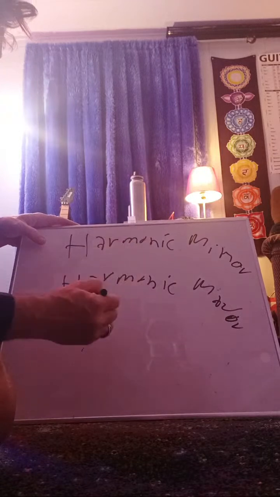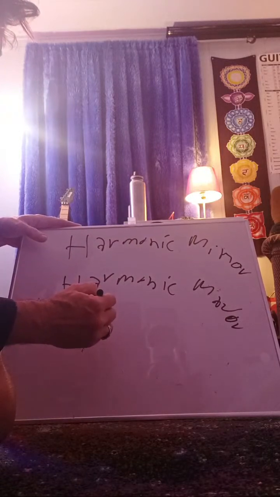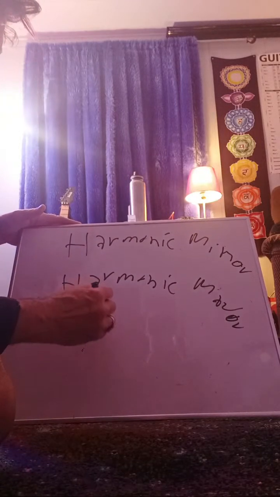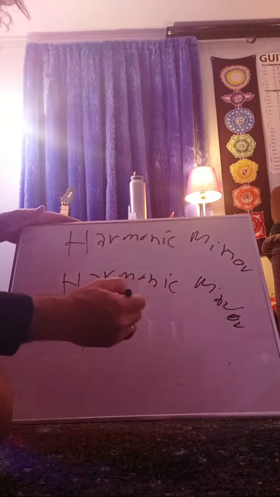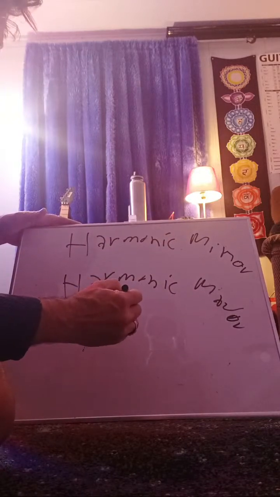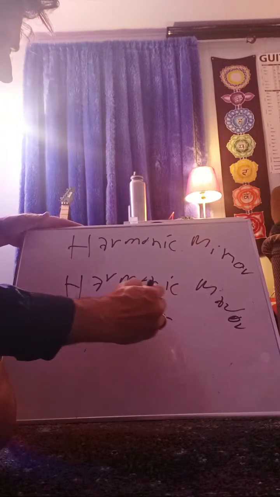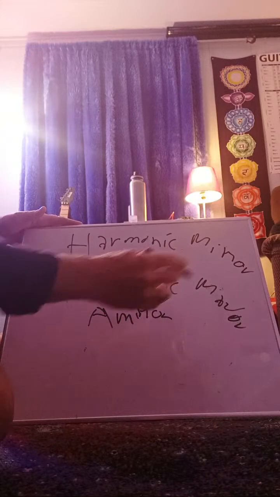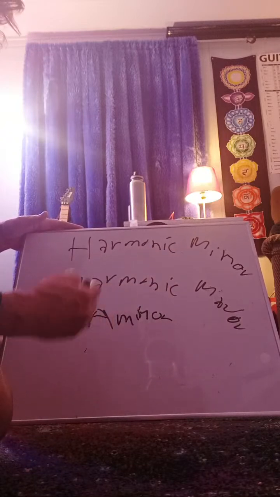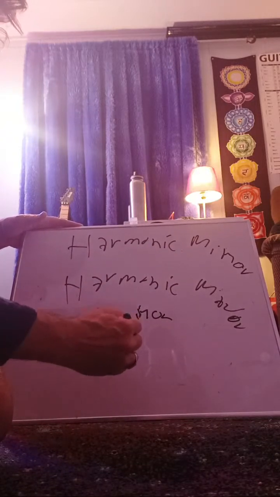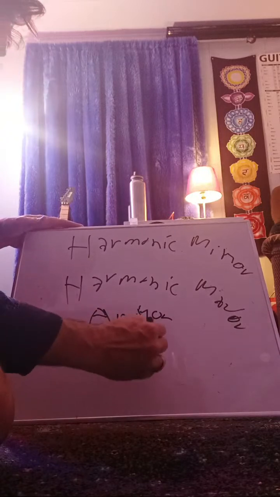The harmonic minor has a minor third, so if I'm in A harmonic minor, I would have a minor triad because it has a minor third. But the A harmonic major scale would have a major third, so it would be A major for the